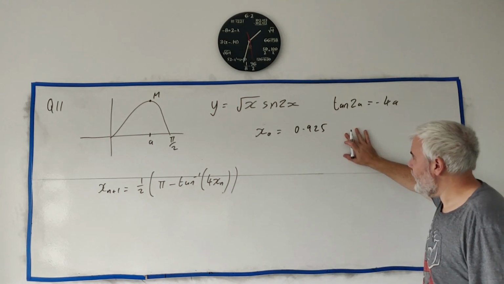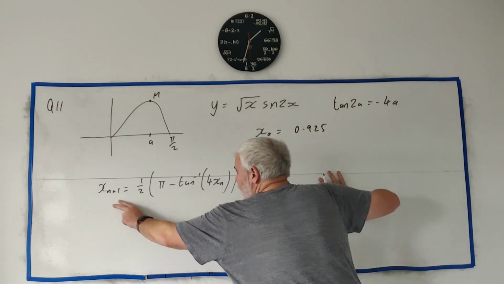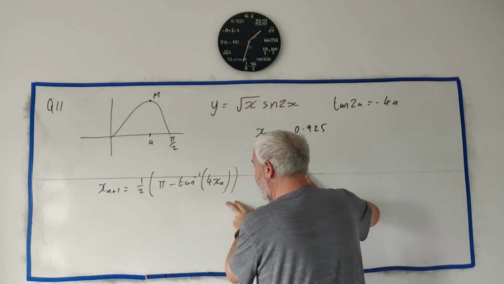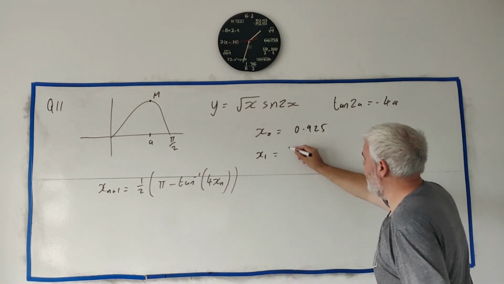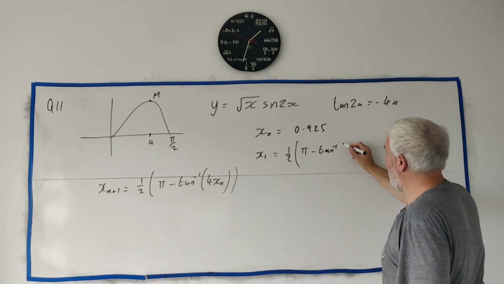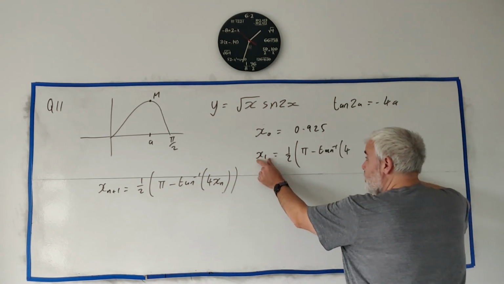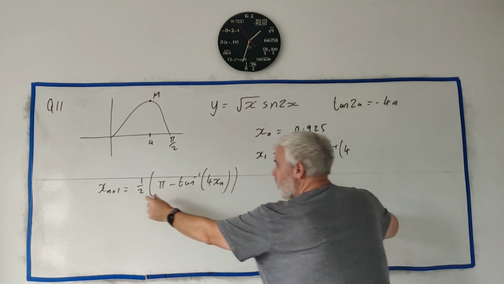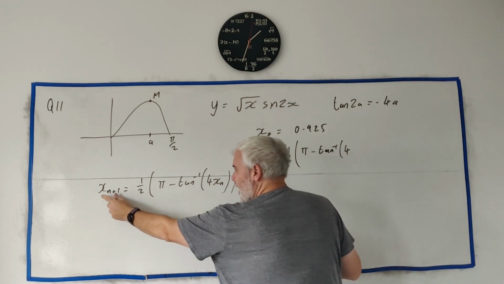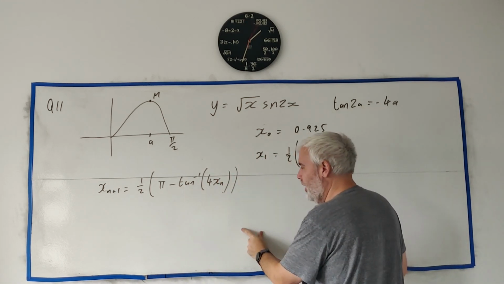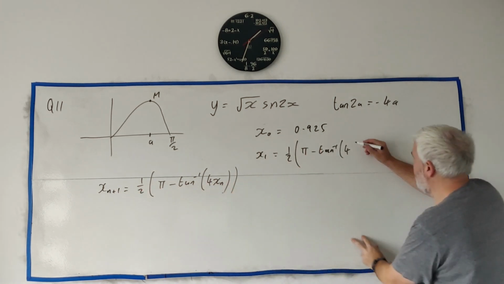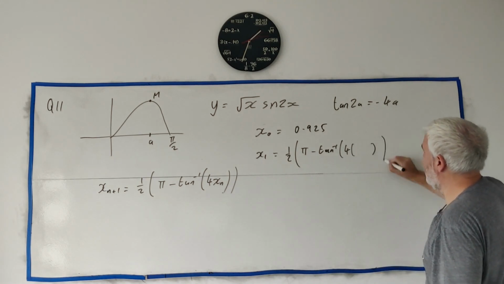It's fine. What we do next is we use this formula to find our next number, our x1. And that's just by filling this in. It's a half multiplied by pi, take away the inverse tangent of 4 times x0. If x1 is out here, this must be x0, because if x1 is x n plus 1, this is 1 less. Another way to write this would be xn and n minus 1. That's the way I learned it, at least. So this is 4 times x0, or in this case